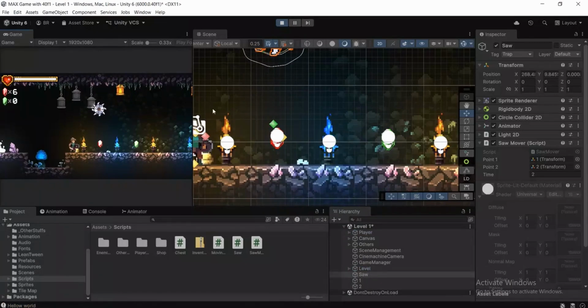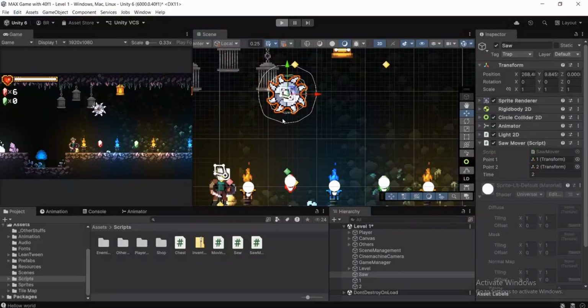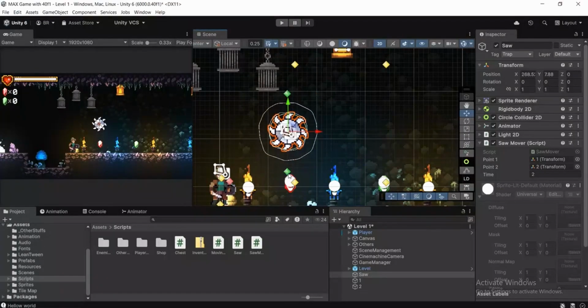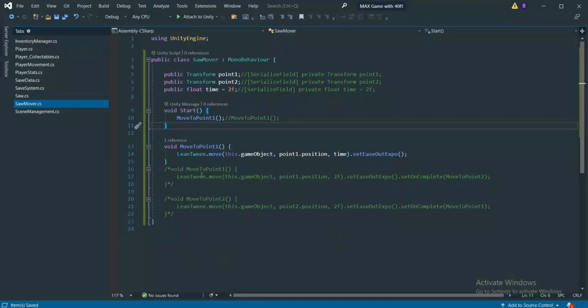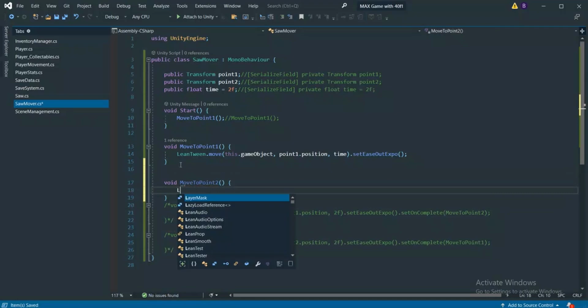And once we are at the first position, then we want to move this saw to the second position. To move that, we're gonna make a separate function in order to move this saw to the second position, or to the bottom position. So let's make a function for it. So type this void, and we're gonna call it something like move to point 2. Just like that, we're gonna call it, and we're gonna use the same function to move, which is LeanTween